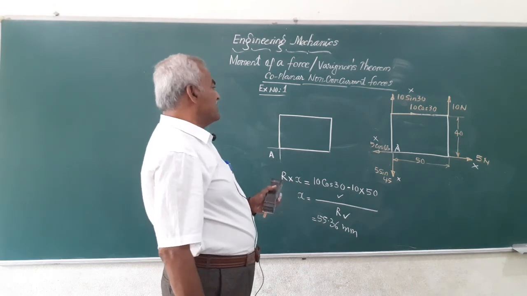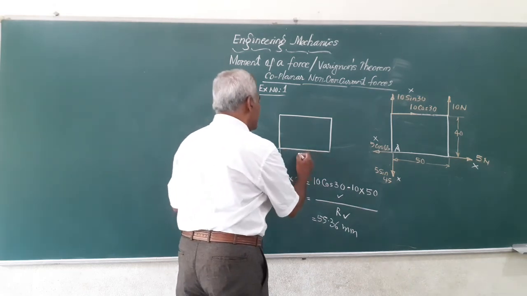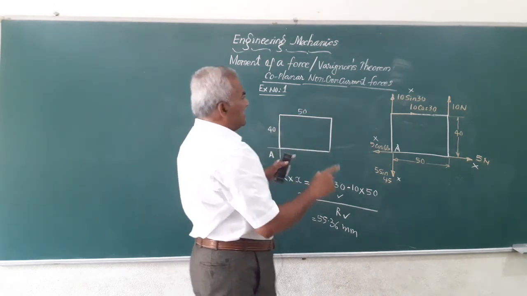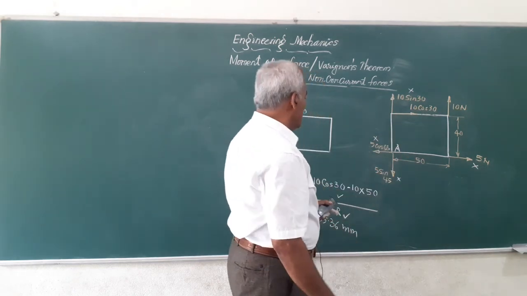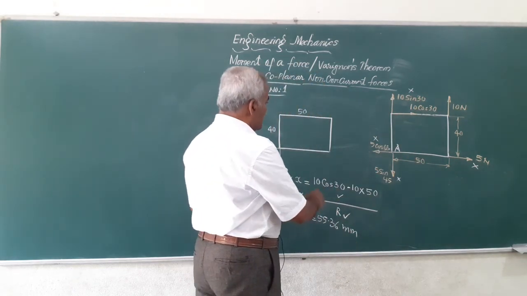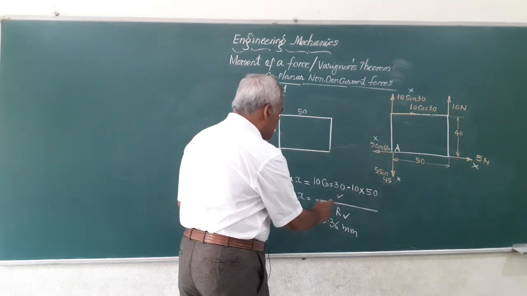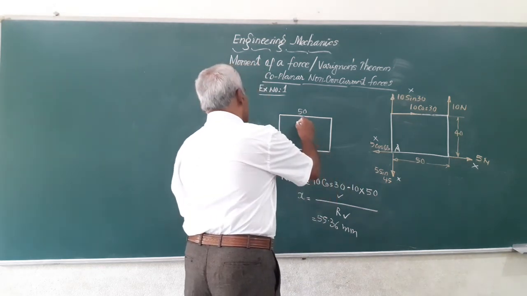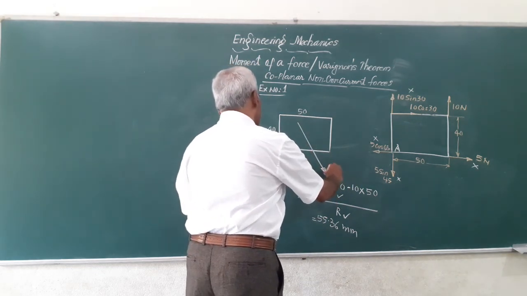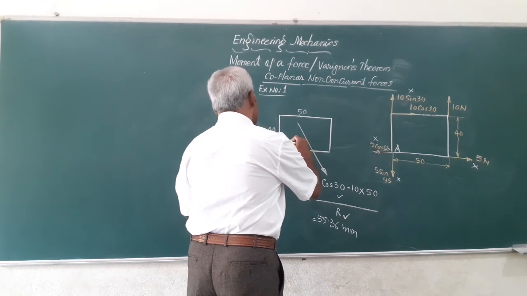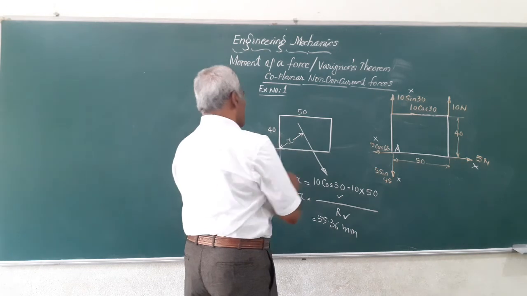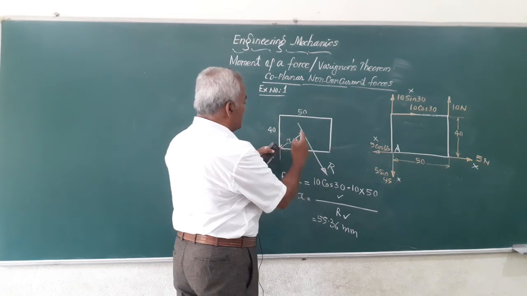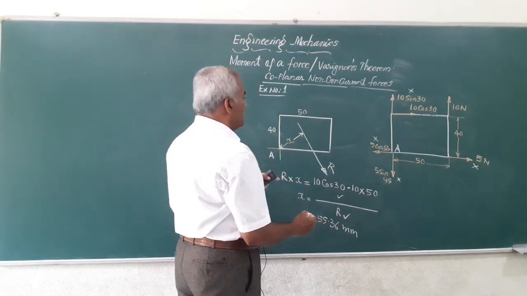So, what does this mean, friends? Suppose you have a plate like this with width 50 mm and this side 40 mm, acted upon by these forces, resulting in a moment, and a resultant of the magnitude you have already calculated, acting at the given angle. The resultant will be acting somewhere here at that distance x, which we are calculating. So the resultant produces a moment equal to R into x,